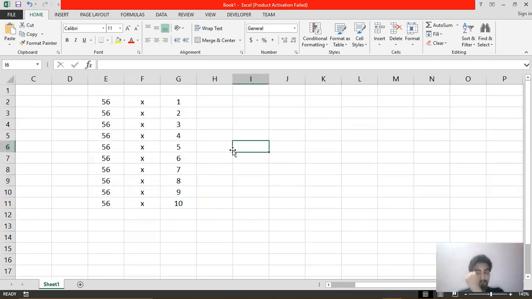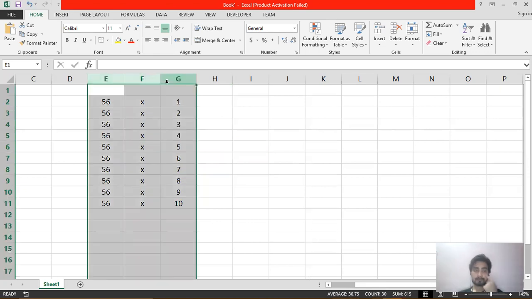Now these cells are taking too much of a space. I don't want these cells to take this much space. So I need to decrease the column width here. For that, I need to select all the columns whose width I want to decrease. So I've selected all three columns. Now, after the columns, you can see there is a thin line.